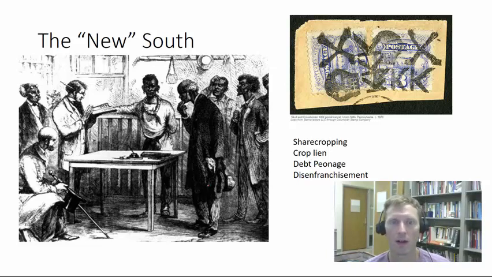Life in the South: Southerners are trying to figure out how to live together and how to create a new economy. And historians debate how new was this new South? How different was it? Well, the economic relationship that emerges, we call it sharecropping, and that's a negotiation between whites and African Americans about how the society and how the economy are going to run.